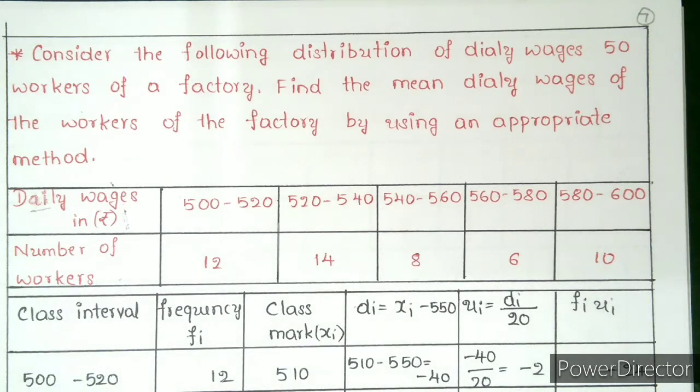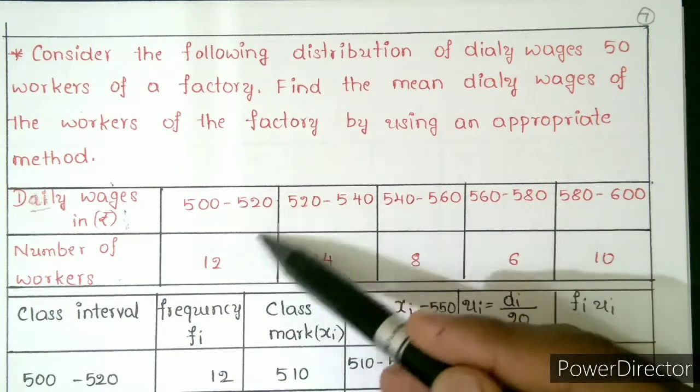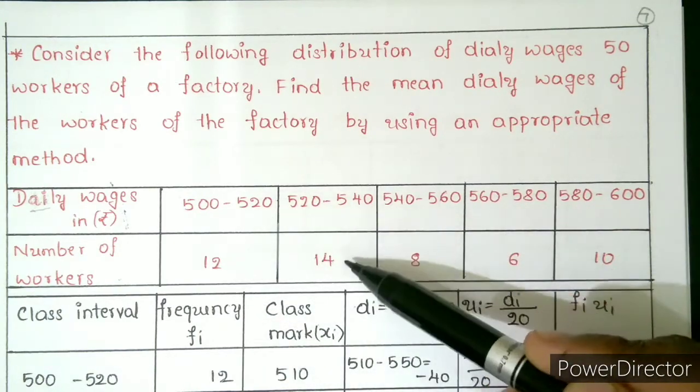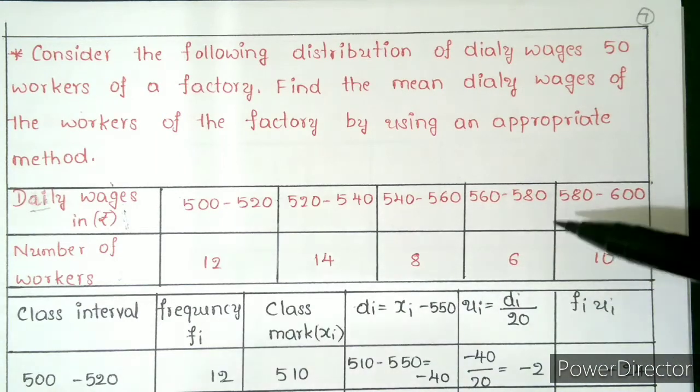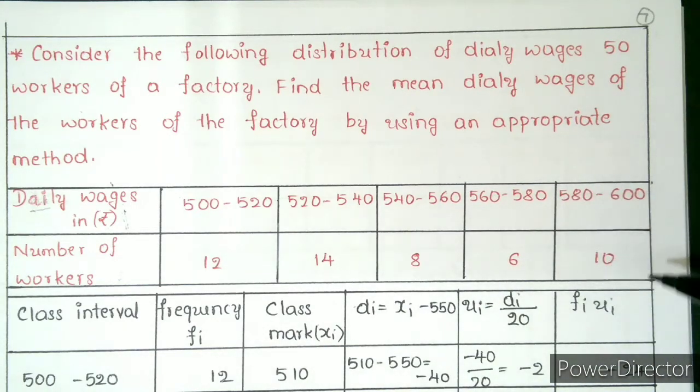Daily wages in rupees: 500 to 520, 520 to 540, 540 to 560, 560 to 580, 580 to 600. And the number of workers: 12, 14, 8, 6 and 10. For 500 to 520 you have 12, 520 to 540 you have 14, 540 to 560 you have 8, 560 to 580 you have 6, and 580 to 600 you have 10.